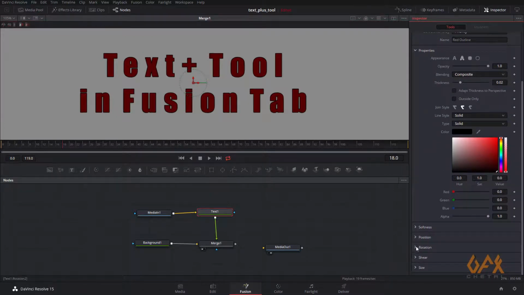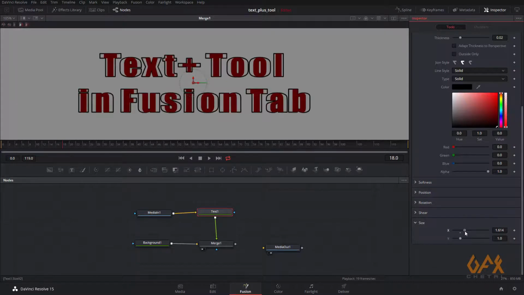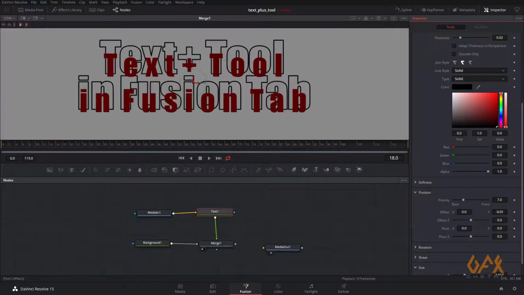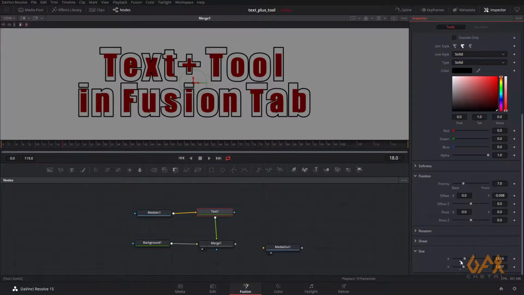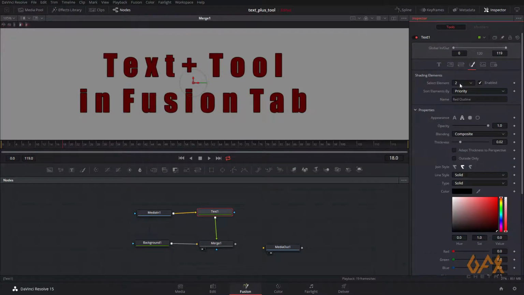Okay, even you can change some position or size like this. Position. Okay, now even you can change the thickness.